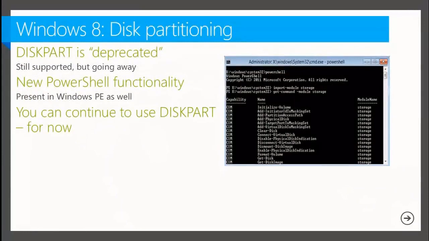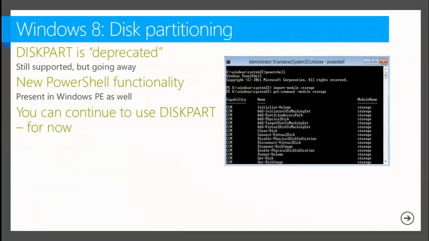Disk partitioning in Windows 8. If you installed the initial preview versions of Windows 8 and ran diskpart.exe, it displayed a nice message, or not nice message, depending on who you ask, saying that diskpart has been deprecated, please use PowerShell. And that caused so much of a panic that we removed the warning, because it wasn't going away now, it was going to go away with some future version of Windows, and we wanted to tell you about that years before that happened so that you could start getting used to the idea that you need to move away from diskpart and diskpart scripts and instead use